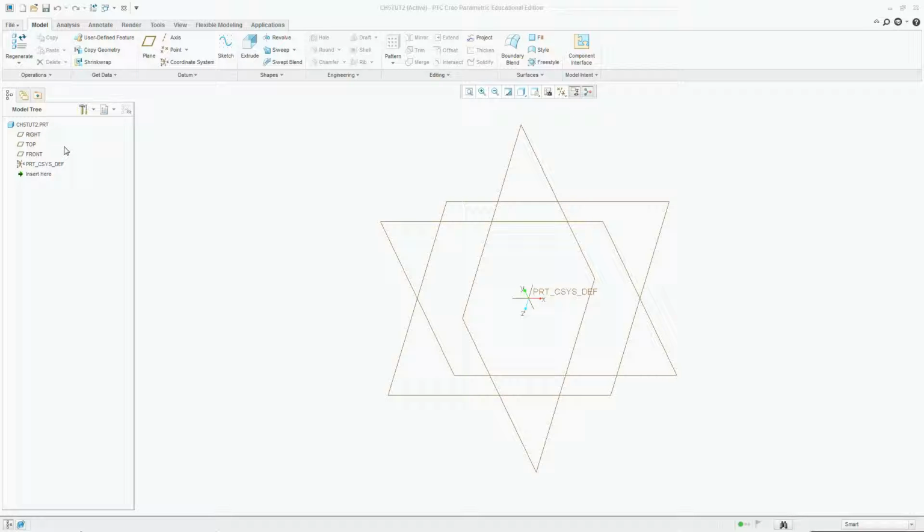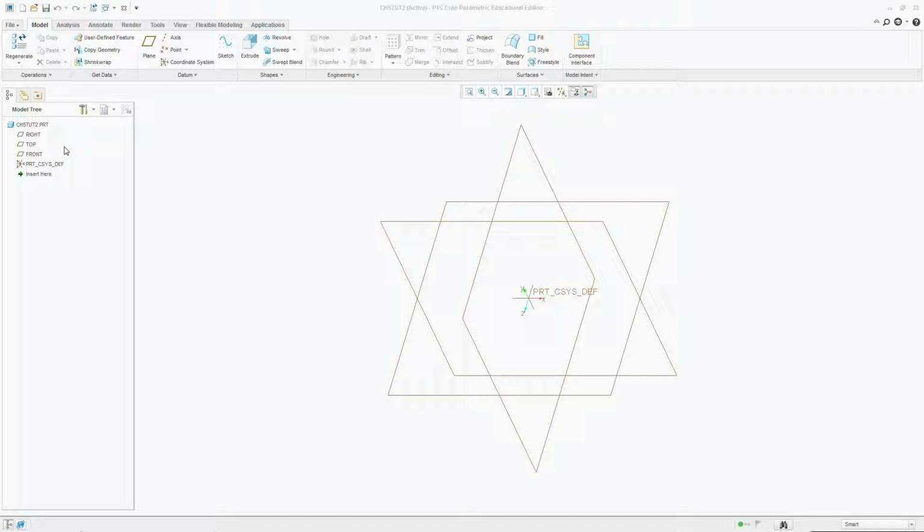For Chapter 5, Tutorial number 2, this particular object, we're going to use the traditional method that we've used. This one here is just a lot of different features, and we can use the default work planes for just about everything that we're going to be doing within this object. So we don't have to create any sketching planes, although we could, but it's not necessary if we set this